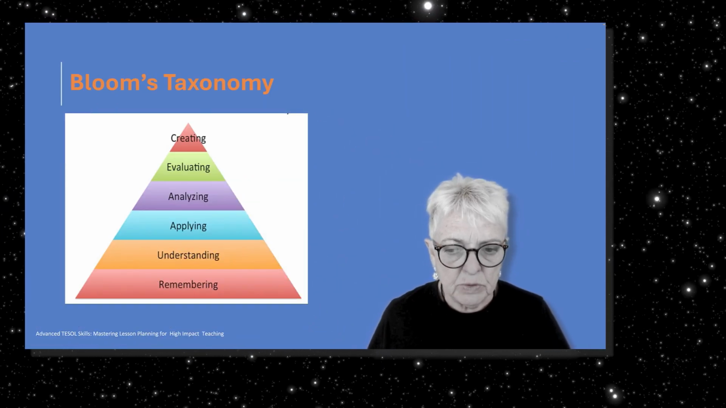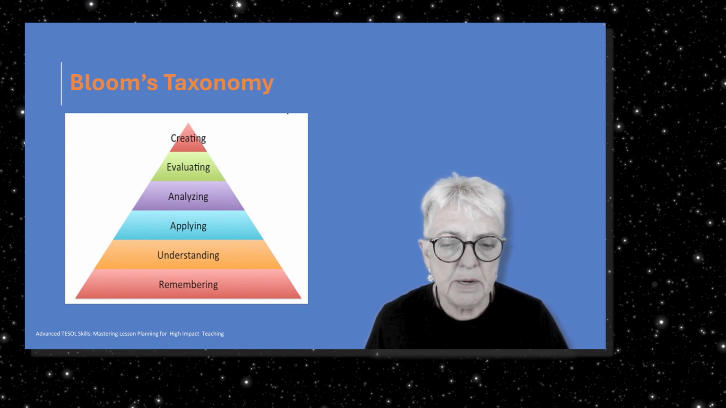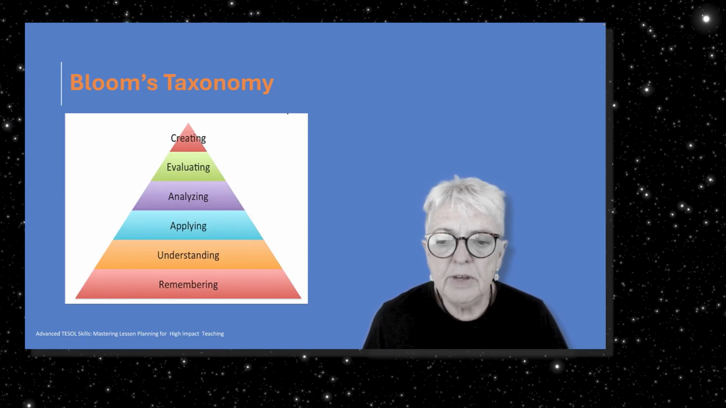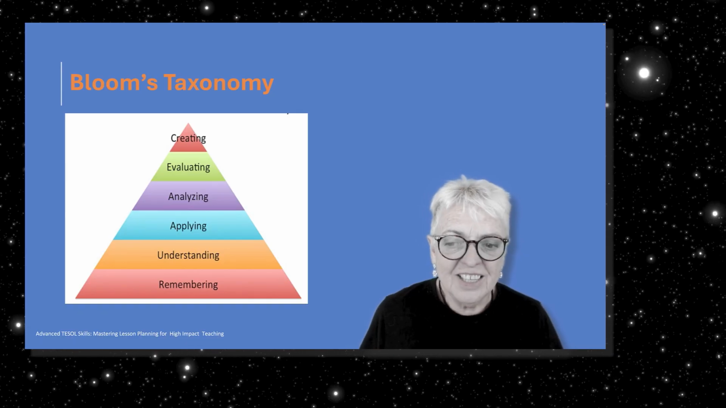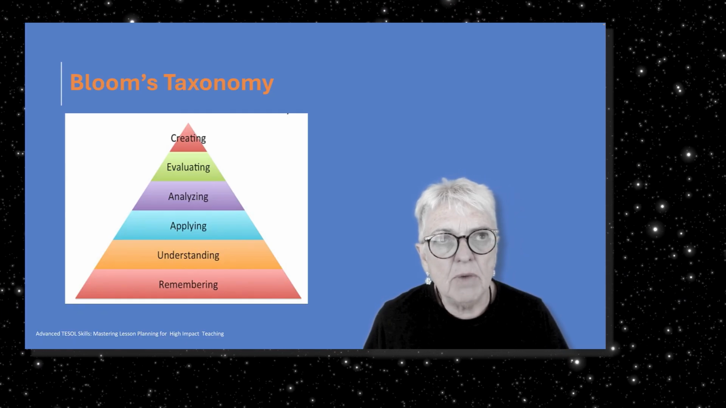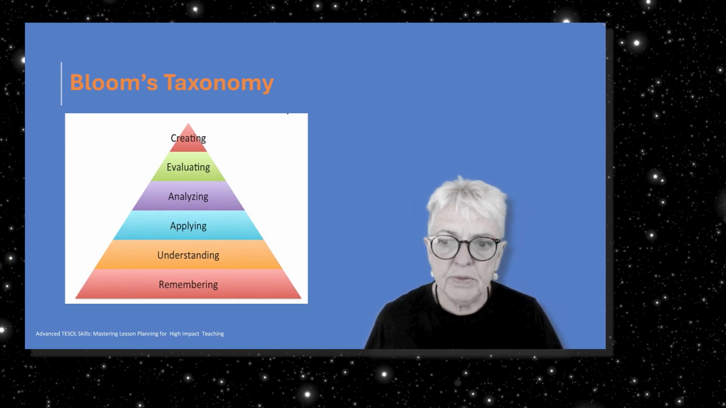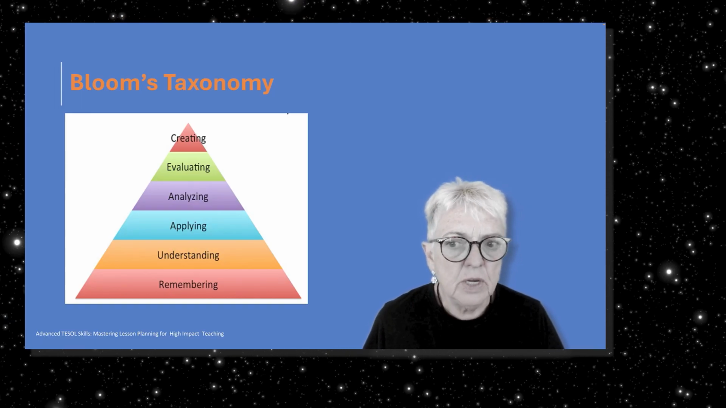There are 6 levels. The lower, broader ones at the bottom of the pyramid we consider to be low order thinking, which is sometimes referred to as LOTS, where the top 3 are the HOTS, the analysing, evaluating and creating, are the high order thinking. So all of them are absolutely fine. The trick in lesson planning, of course, is to